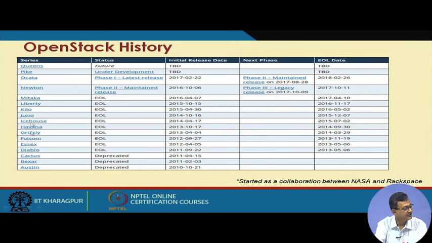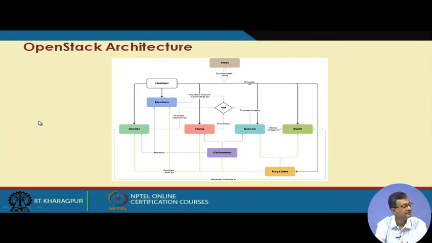So, if you see, it started with a project called Austin, and going to Neutron and Pike and Queens, which have to be declared. So, if we look at the overall architecture of OpenStack, there are a couple of components, like one is